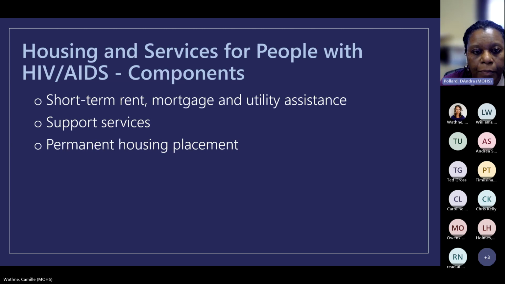Components that will fund short-term rent, mortgage, and utility assistance. Of course, keep in mind when you're requesting these funds that they cannot exceed 52 weeks in any given year. Services provision, support services, such as case management, preferably housing case management,